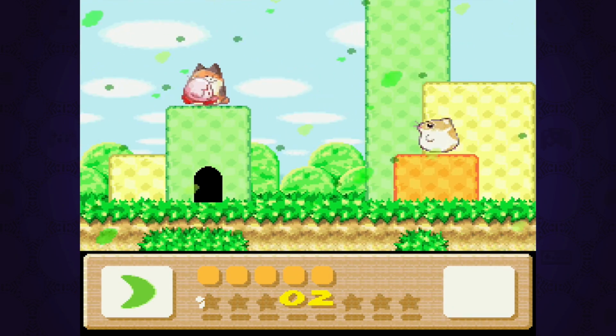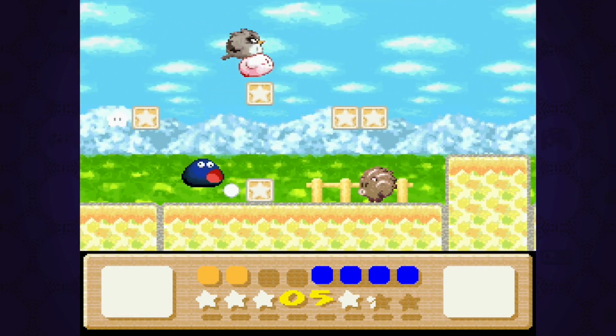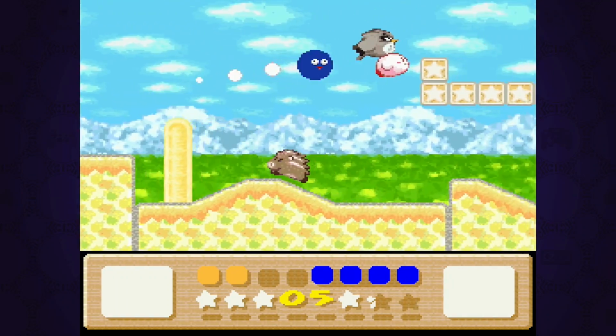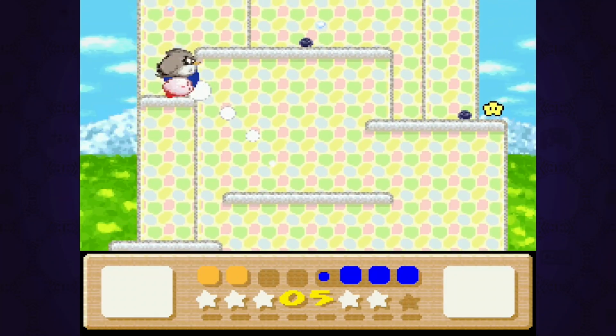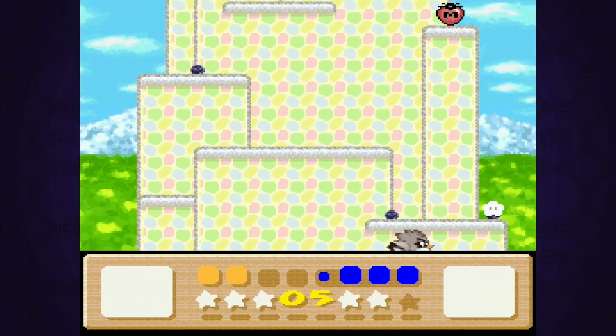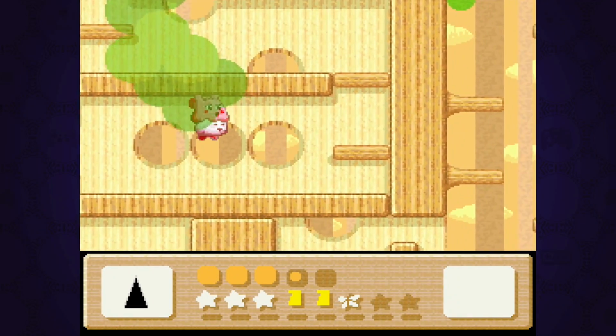the main gimmick is the inclusion of the animal buddies, as well as the inclusion of Gooey, a little blue blob that can be summoned at the expense of 2 of Kirby's hit points, and helps him by acting as a CPU ally. The animal buddies act as rideable power-ups, essentially, like Yoshi to Mario, and change up the mechanics slightly. For example, Kine the fish swims faster underwater, Choo Choo the octopus can cling to ceilings, and Rick the